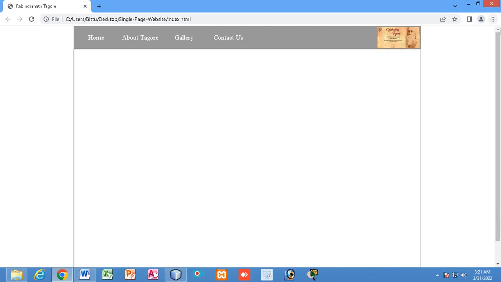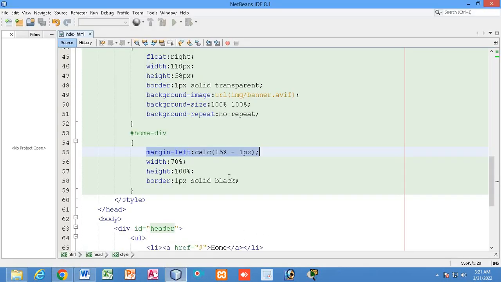Fine. But one thing, see, we have a scroll bar, right? You can see some portion is hidden, some portion of the home section we just now have created has gone under the scroll, right?